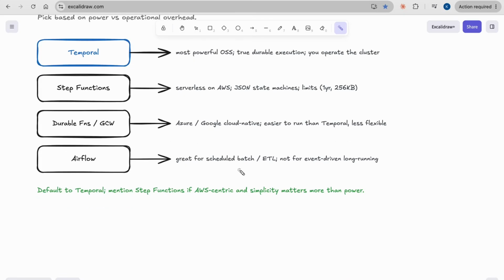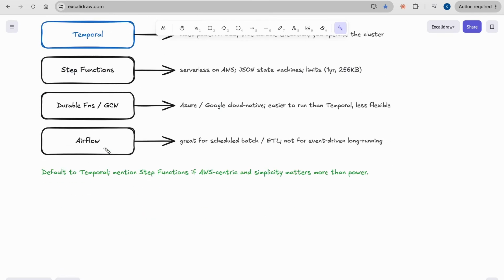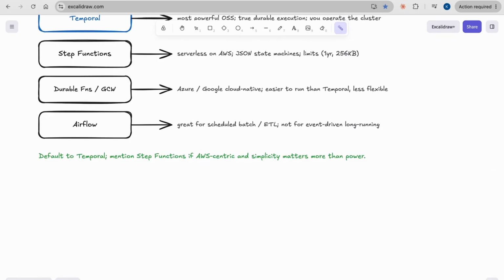And Airflow is good for ETL tasks, extract, transform and load, and scheduled batch, not really for event-driven programming. So by default I would say stick to Temporal, and if you want, you can choose the others.